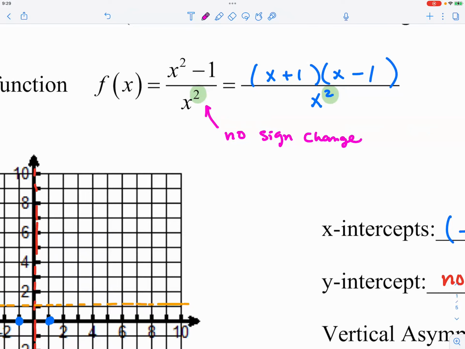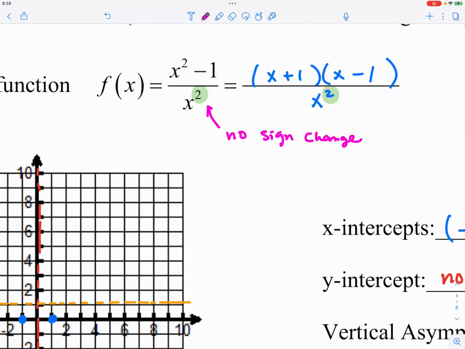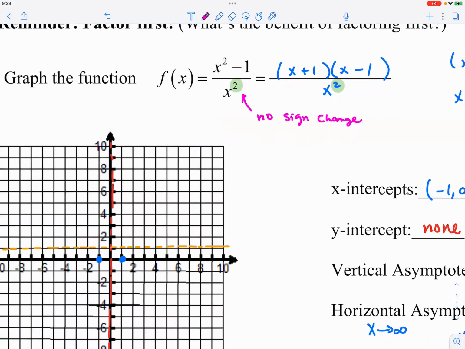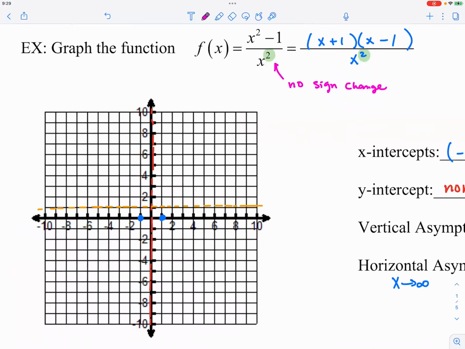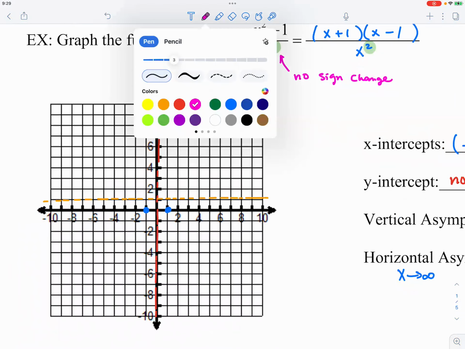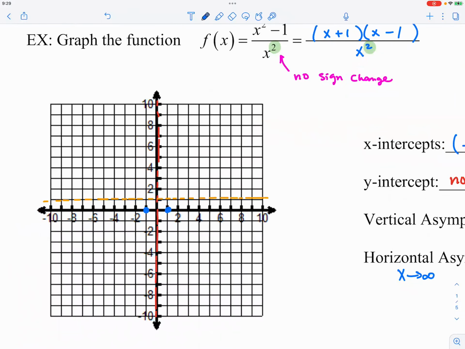Whether x is a positive number or a negative number, you still end up with the same positive number, so there's no sign change. And how does this no sign change influence our graph, especially our vertical asymptote? Well, because there's no sign change,